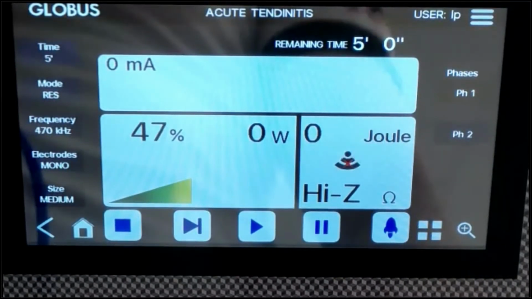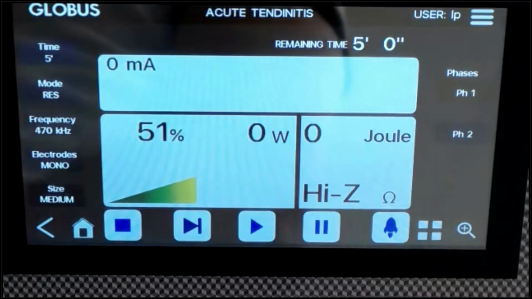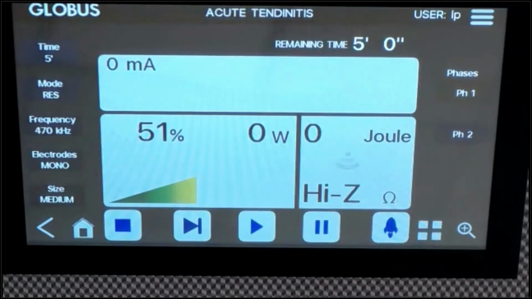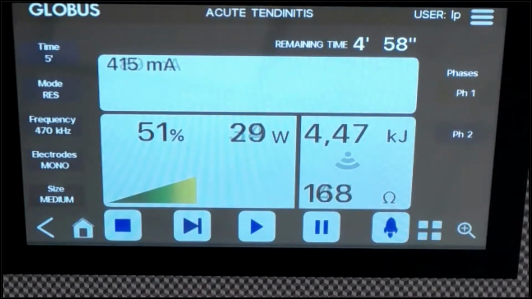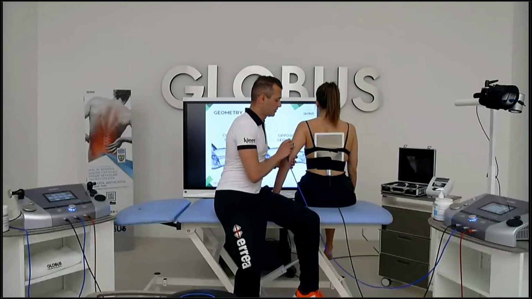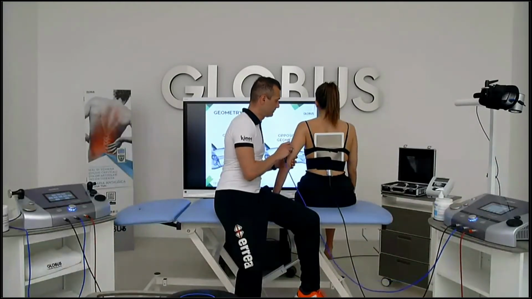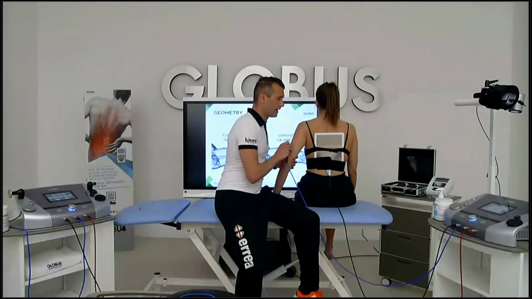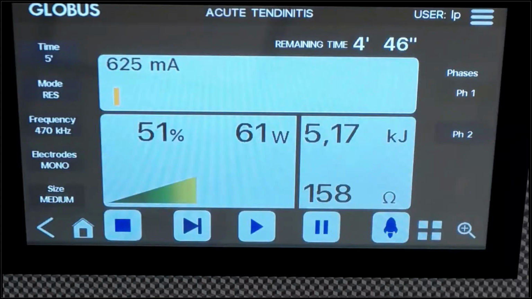I set up, for example, 50%, same temperature. I want to show you this. I put just the electrode here and have a look at the histograms. What's going to happen? As you can see on the histograms, we got a yellow histogram, and now it's becoming red. So it means that the temperature is increasing. The current flow is quite in a, I can say, thermal window. So it's around 600 milliamperes right now.